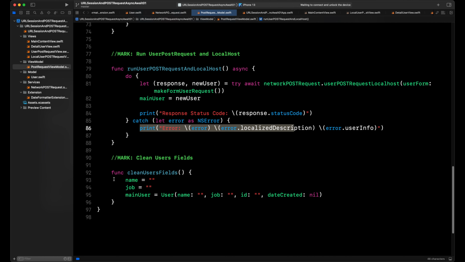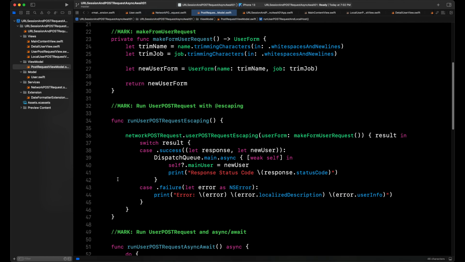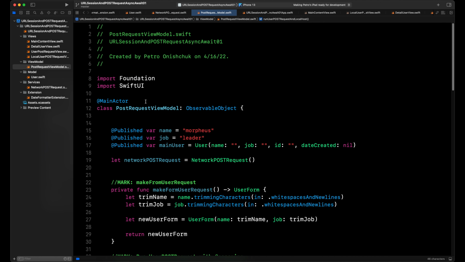And at the end, we have our clean user field. With this method, we clean our fields to make a new post request. This is our view model. And now I will try to run the simulator and show you how our view looks and how we can make our post request. For example,